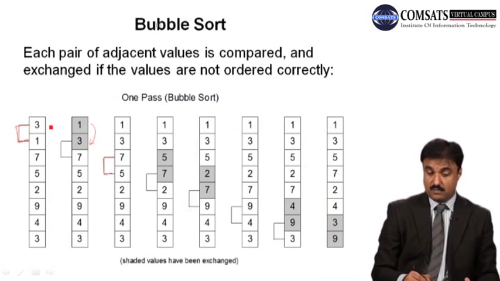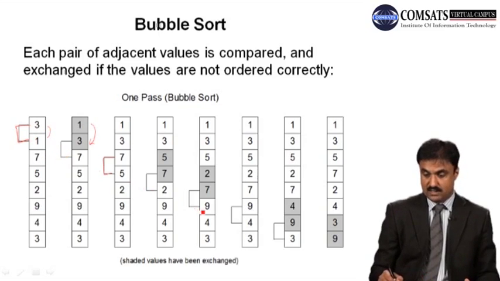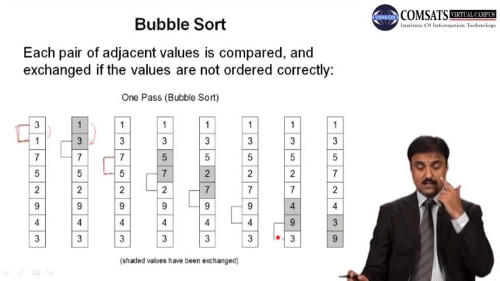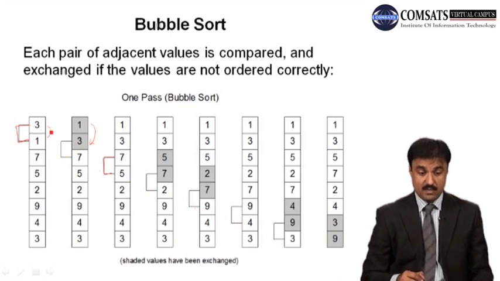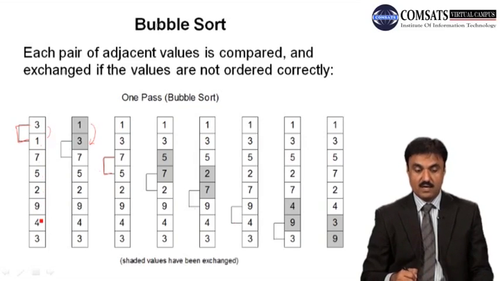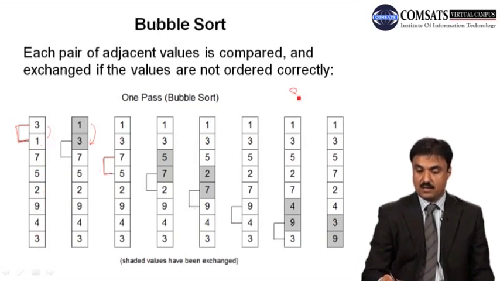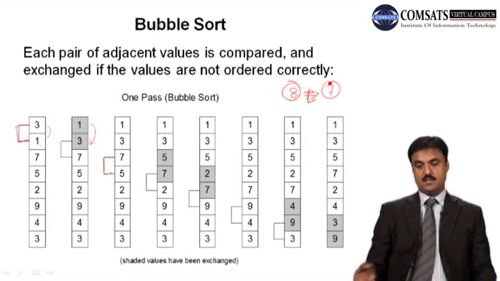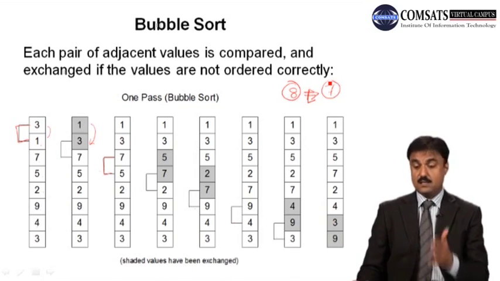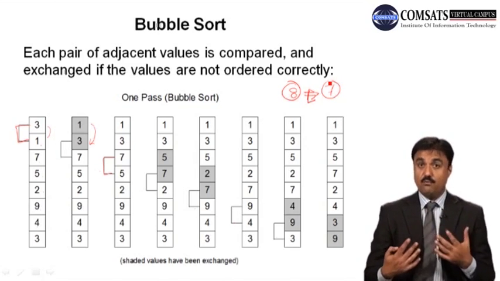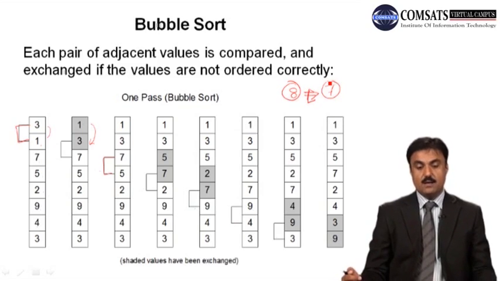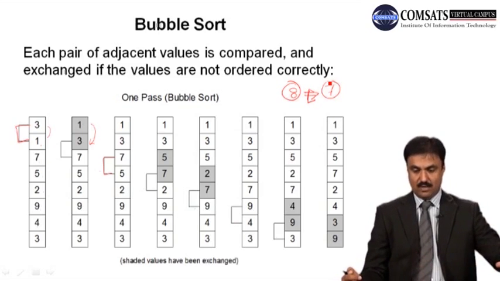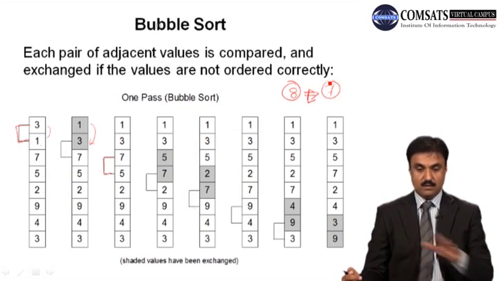So here you can see we are starting from the first element. So compare here, one iteration, 1, 2, 3, 4, 5, 6, and 7 iterations. Inside these 7 iterations, how many elements are there? 1, 2, 3, 4, 5, 6, 7, and 8 elements. Total number of elements is 8, and the number of iterations is 7. Now, that is 1 less than the number of elements. This is the whole complete one go in the one complete